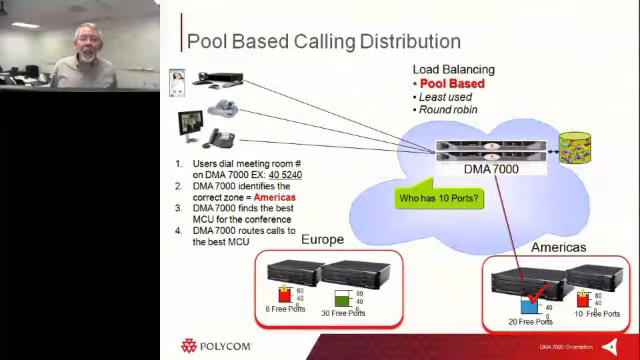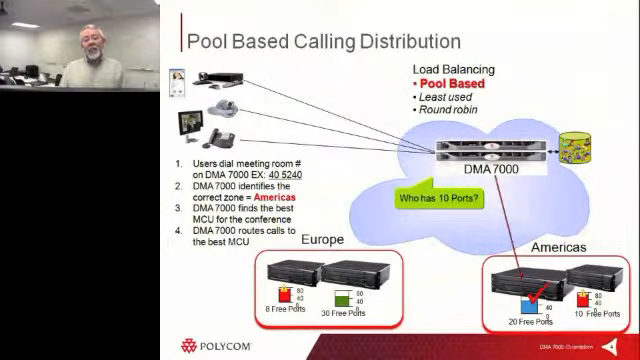So how does DMA do its magic? As you configure your DMA, you set up a pool of resources, and those resources will be coming from multiple RMX or Codian bridges. What happens when someone initiates a call, they'll request certain levels of resources, and when that